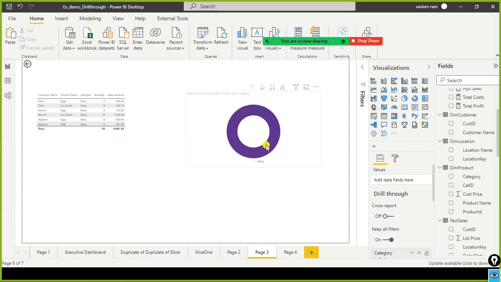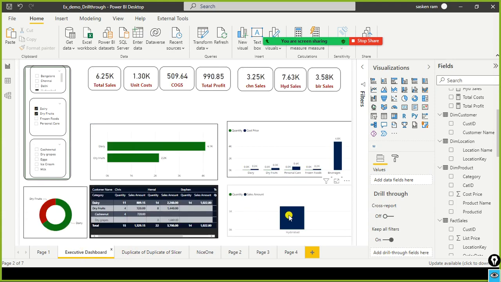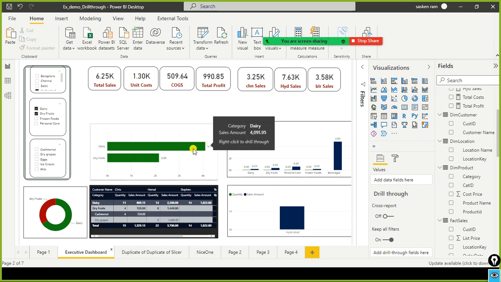So Hyderabad and dairy. Of this, it shows only the dairy category here. Location on the right shows the detail information. 4091. Was that the sales for Hyderabad for dairy? Yes. If you hover the cursor here, yeah, 4091. This is what we are seeing.